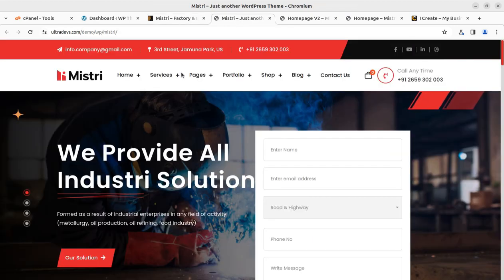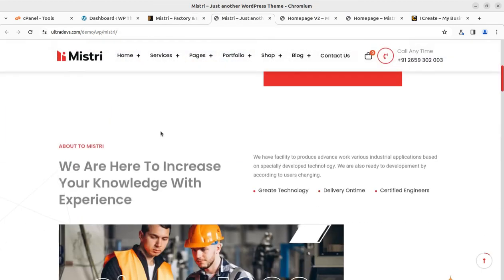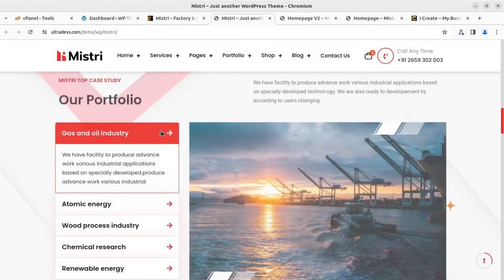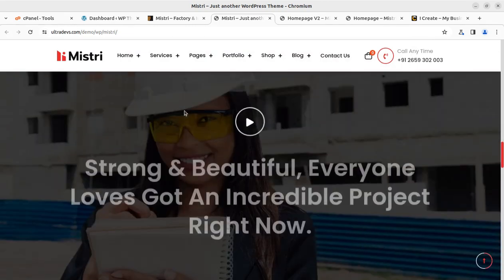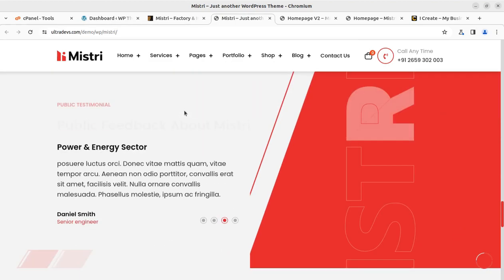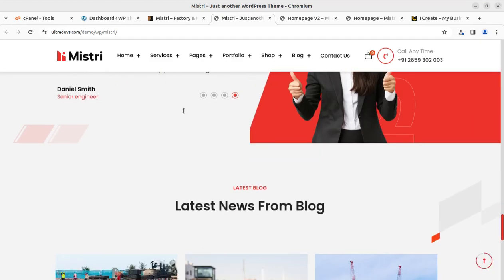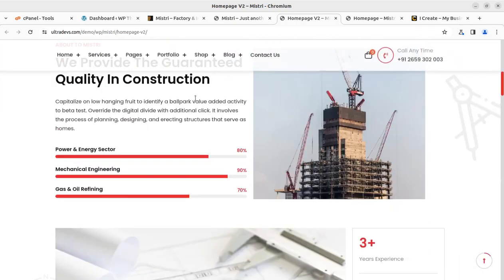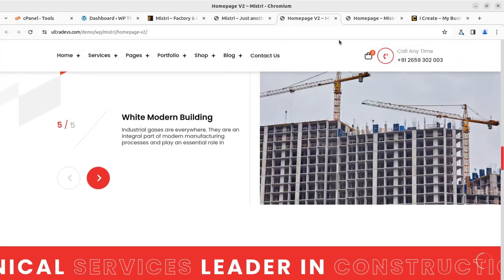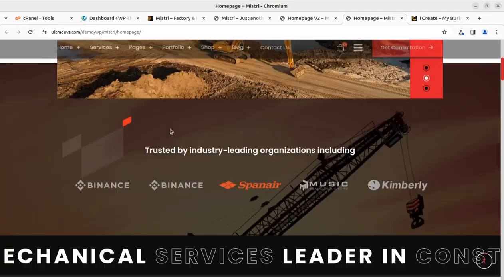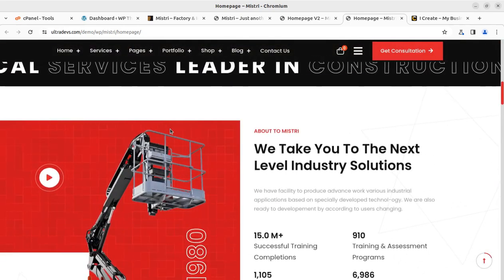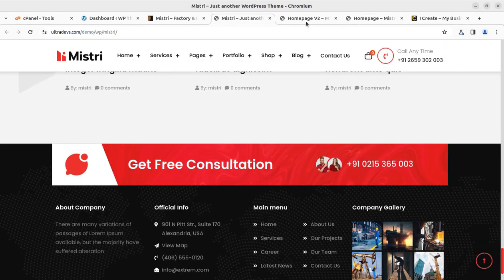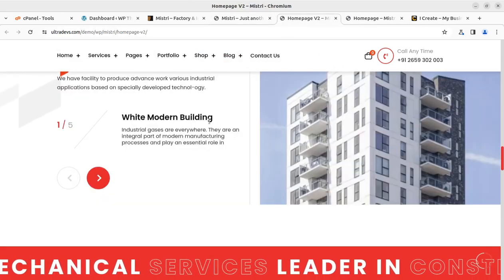And Mistri brings three stunning pre-made websites that you can use directly for your website project, and you can see the presentation of content is really very unique and modern in style. This is one, this is second, and this one is third. So any of these three is going to be our target website in this video, and